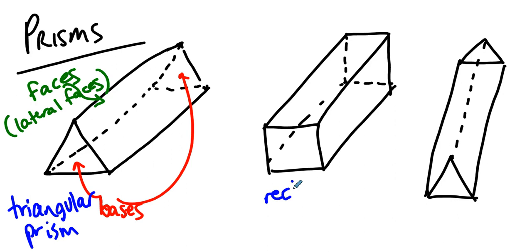And this is what we call a rectangular prism. We don't have square prisms. It's a rectangular prism. And you can have pentagonal prisms or hexagonal prisms. There's nothing fancy about that. One other thing,